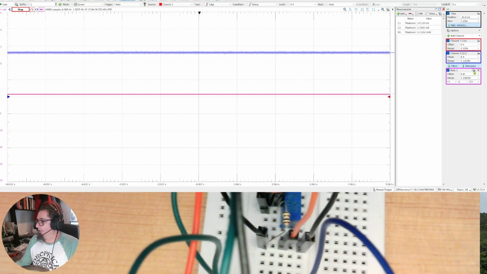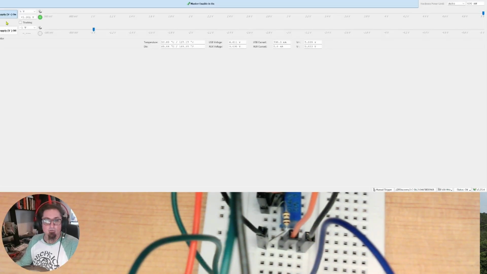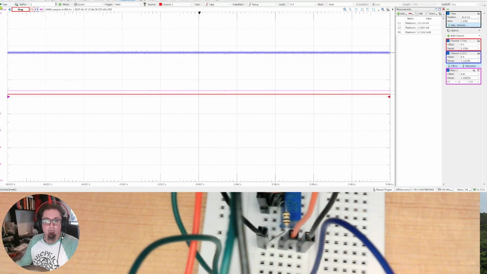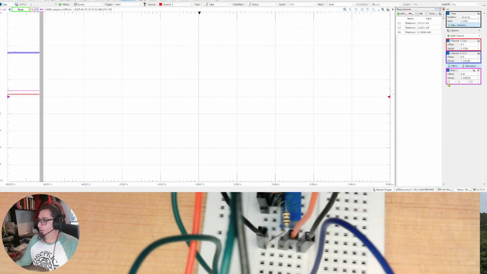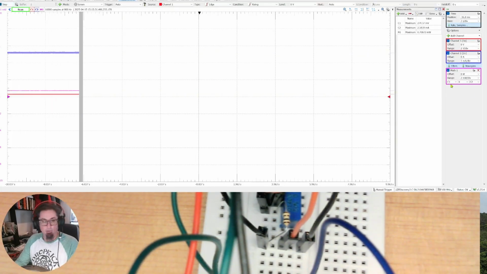And then over here in our final math 1, it's going to combine C1 and C2 through multiplication to tell us how many milliwatts we're getting. Go like that. Should make it a little clearer to see. Alright, then we'll go ahead and we have our supply on. We'll go to scope and start the scan. Now currently we are sitting at a maximum